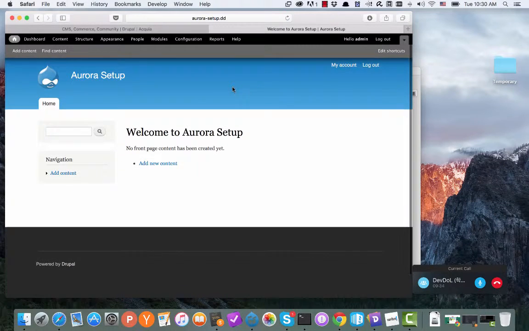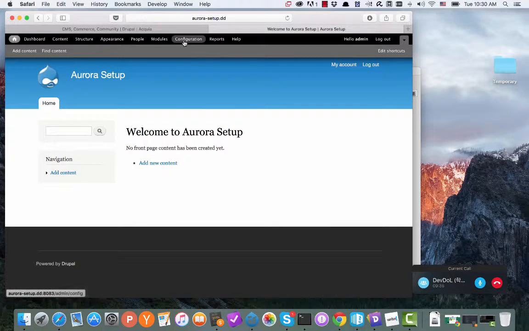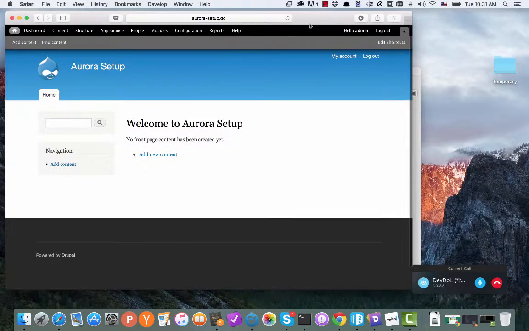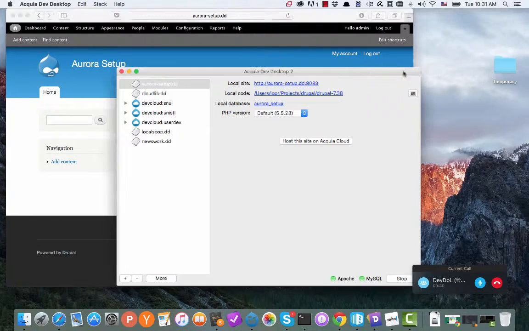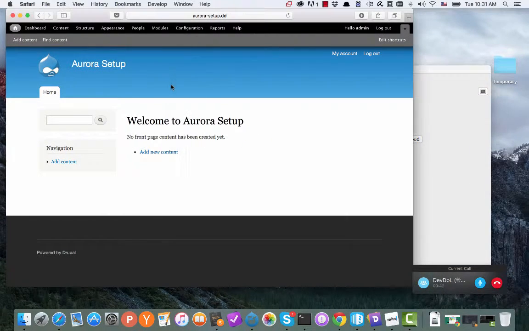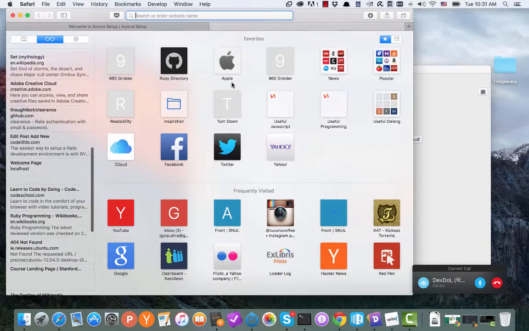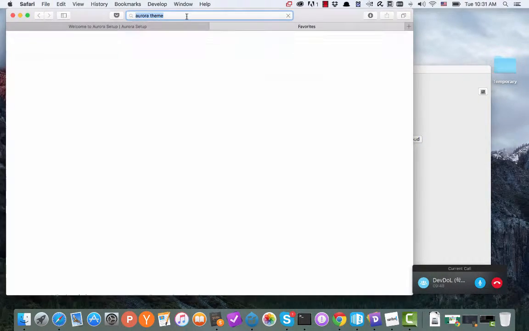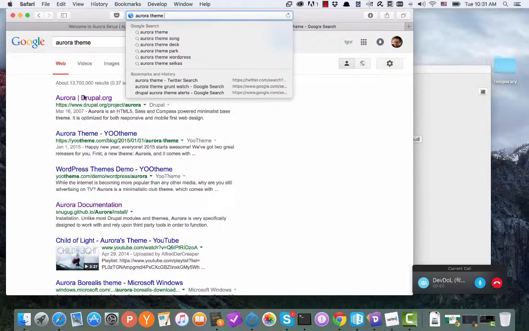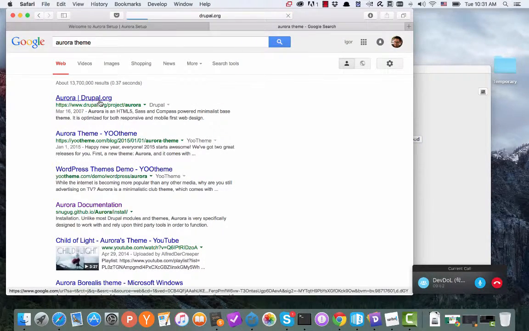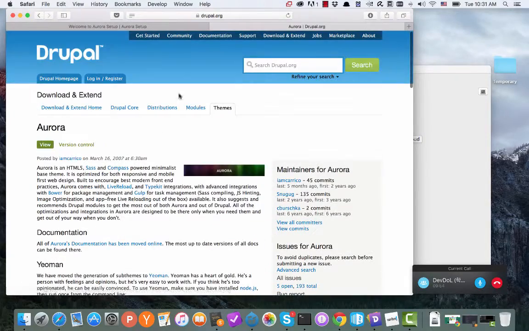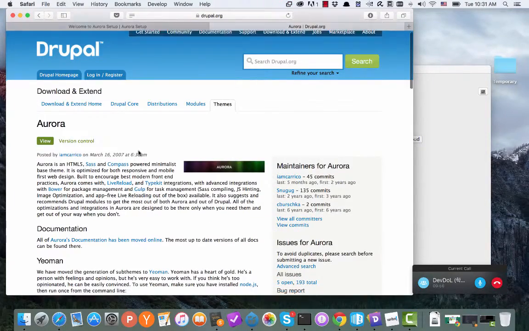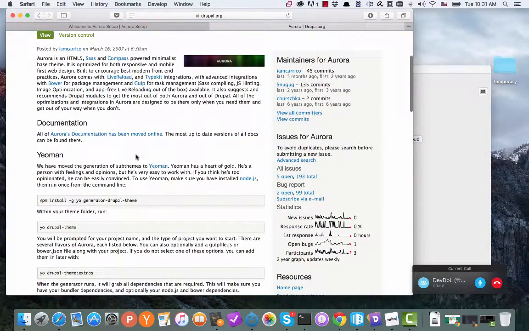Okay, so now that we have a Drupal website ready and set up, let's have a look at how we set up the Aurora theme. So first of all, let's look for the theme online. Usually you can just write Aurora theme or Aurora Drupal theme, and it'll take you to the generic Drupal page for it. But